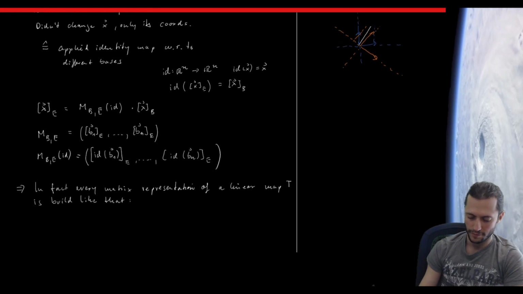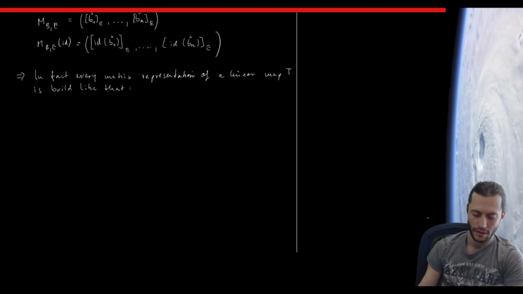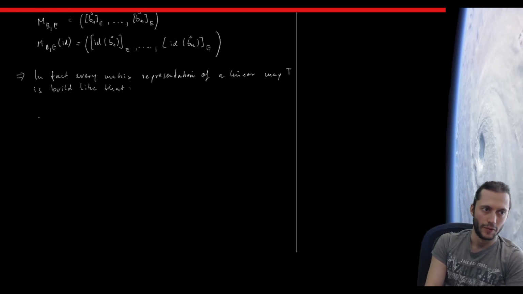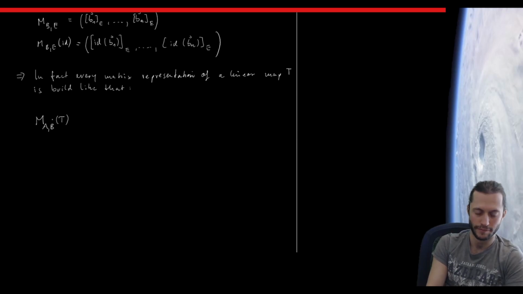Let's get some more space. A bit like that. What do I mean by that? Well, we have a matrix representing the linear map T. We have a basis in the pre-image space and one in the image space. We go from A and get something in B coordinates. And this, per definition,